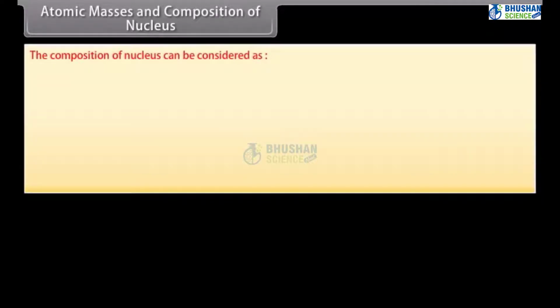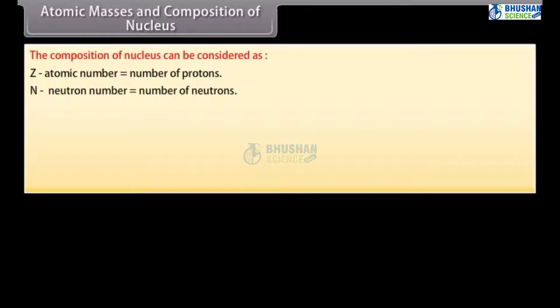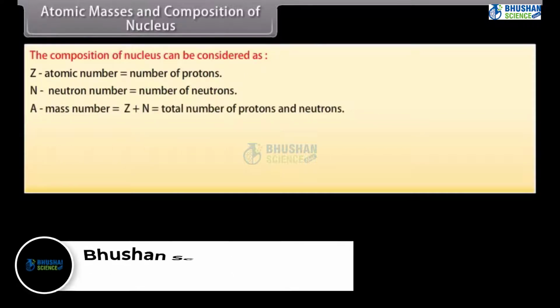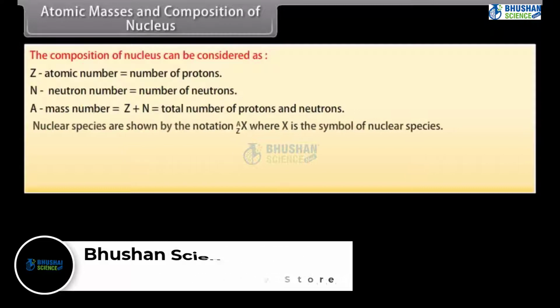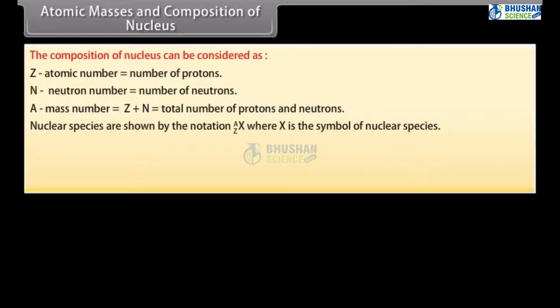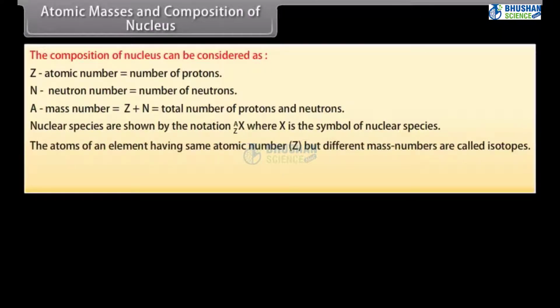The composition of nucleus can be considered as: let Z be atomic number, which is equal to number of protons. Let N be neutron number, which is equal to number of neutrons. Let A be mass number, which is equal to Z plus N, which is equal to total number of protons and neutrons. Nuclear species are shown by the notation, where X is the symbol of nuclear species. The atoms of an element having same atomic number, that is Z, but different mass numbers are called isotopes. For example, isotopes of hydrogen are